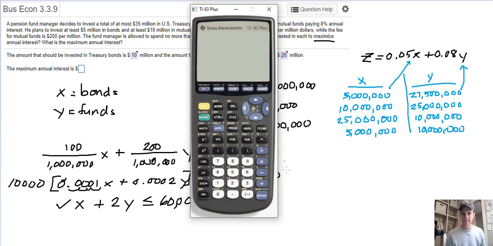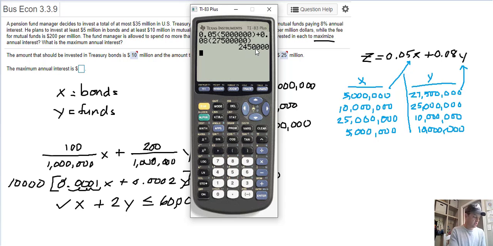It's easier to type things like this, where I can go 0.05 parentheses, and then that was 5 million, and then we're going to add 0.08 parentheses, and then 27.5 million. And of course you could keep using that scientific notation we got from earlier. If you press equals, we get